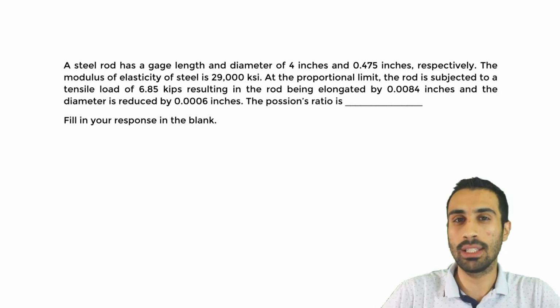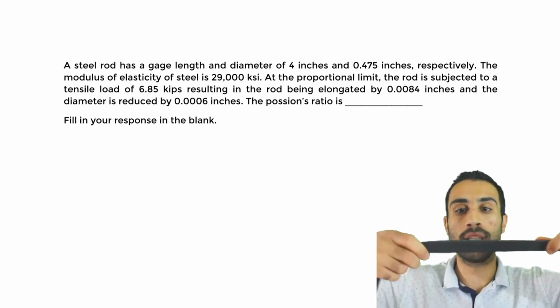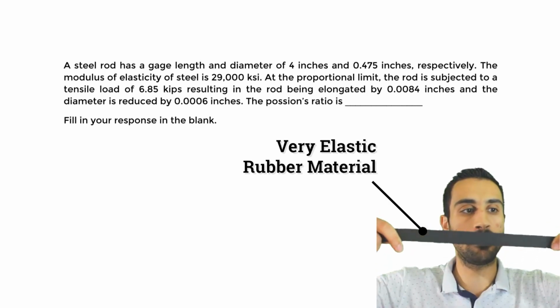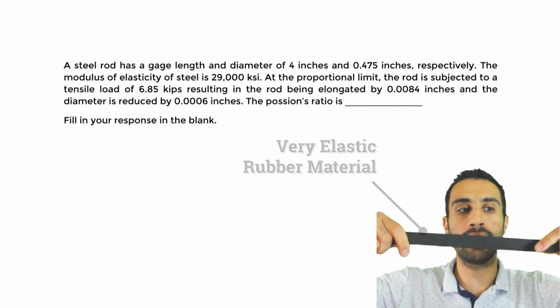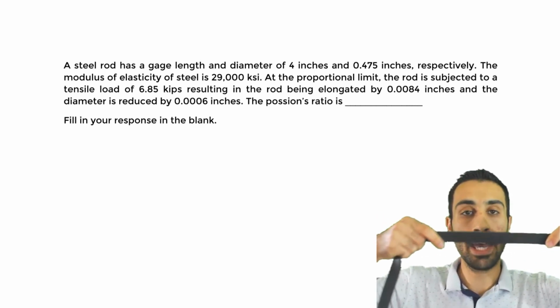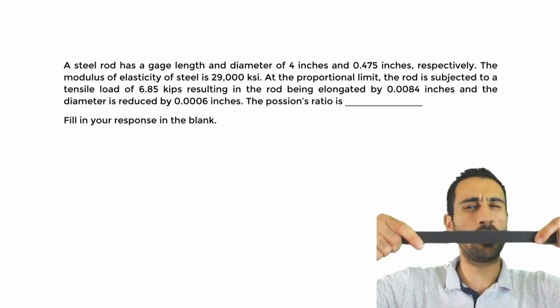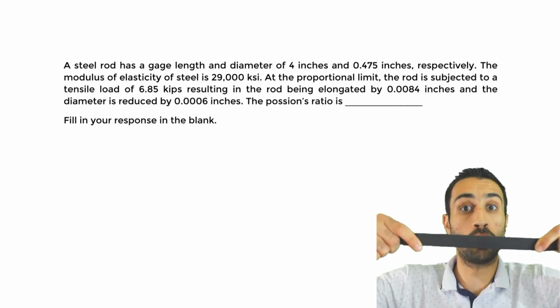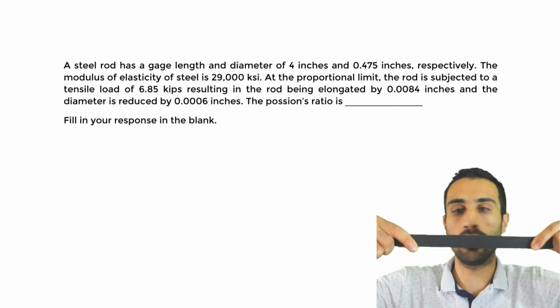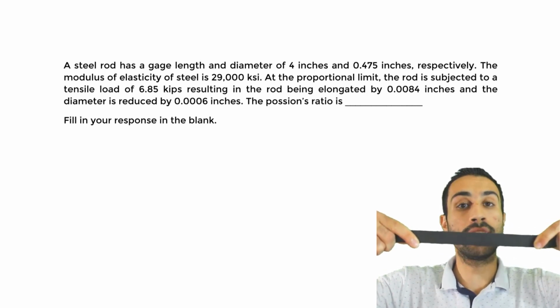So the best way I can explain this is by actually looking at a physical example. So let's say I have this rubber material here, and what I'm going to do is give it a length. So I'm going to denote a certain length that we're focused on, and the length in this case will be between my fingers. You can think of it as the initial length or the gauge length. So this is the gauge length, and then what I'm going to do is give it a load,